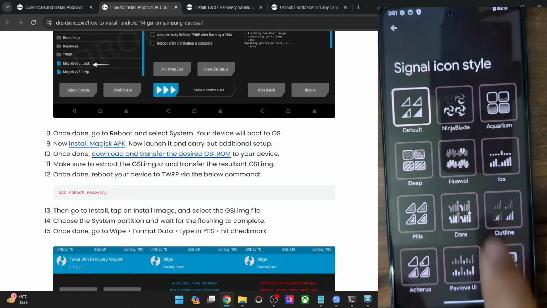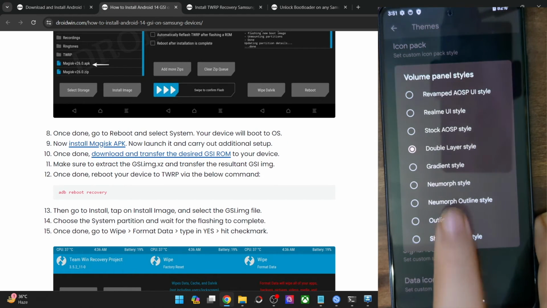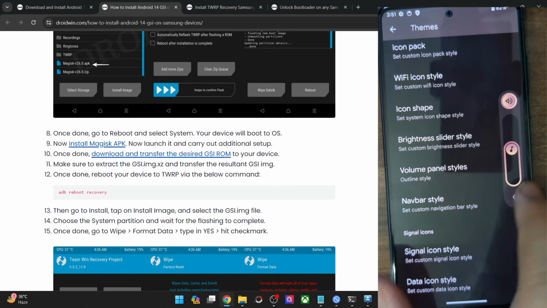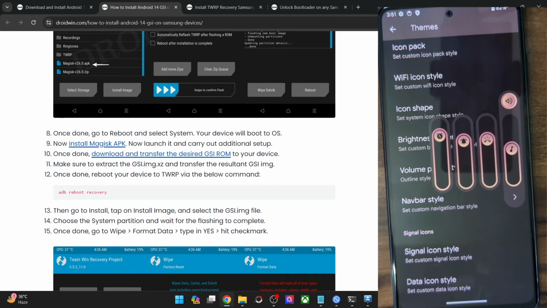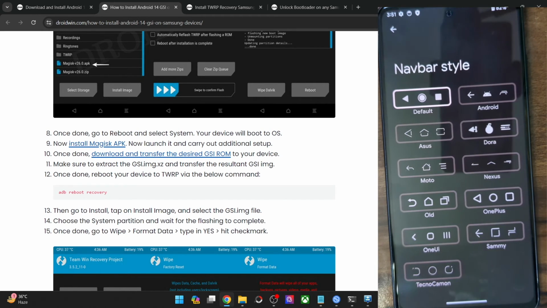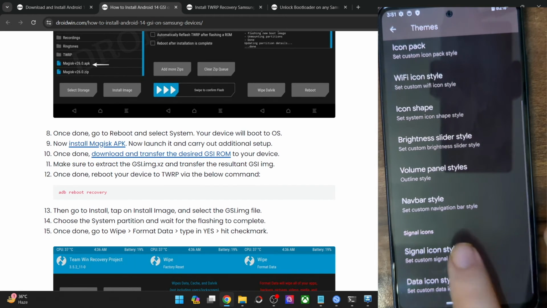Again, it's not what I was looking for. This is the outline style. Let's have a look at this. Somewhat better, but still the stock one was the best one. Apart from that, you have a few navigation bar styles as well. So if you're using a 3-button navigation, then you may choose from these customizations for OnePlus, Nexus, or the Motorola as well. As of now, I'm using the navigation bar style.